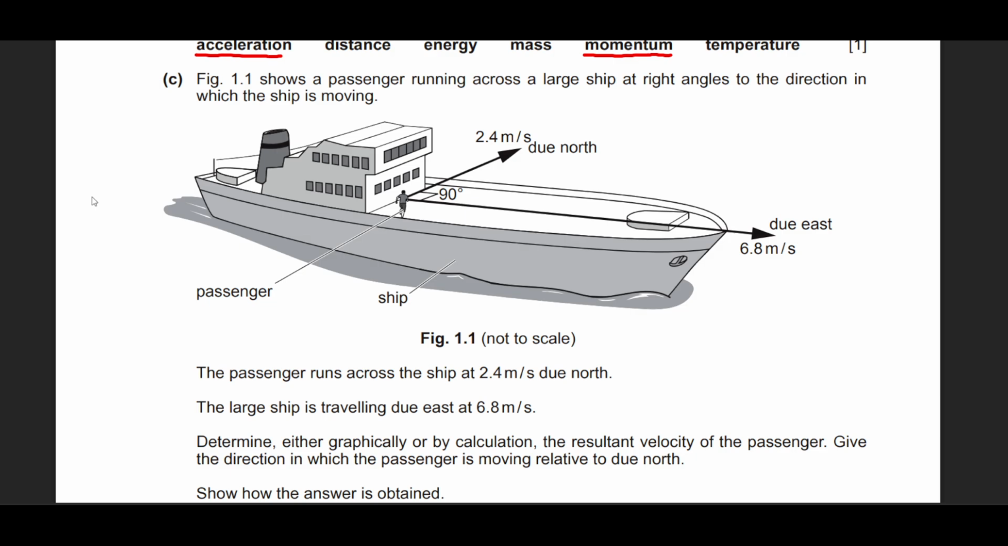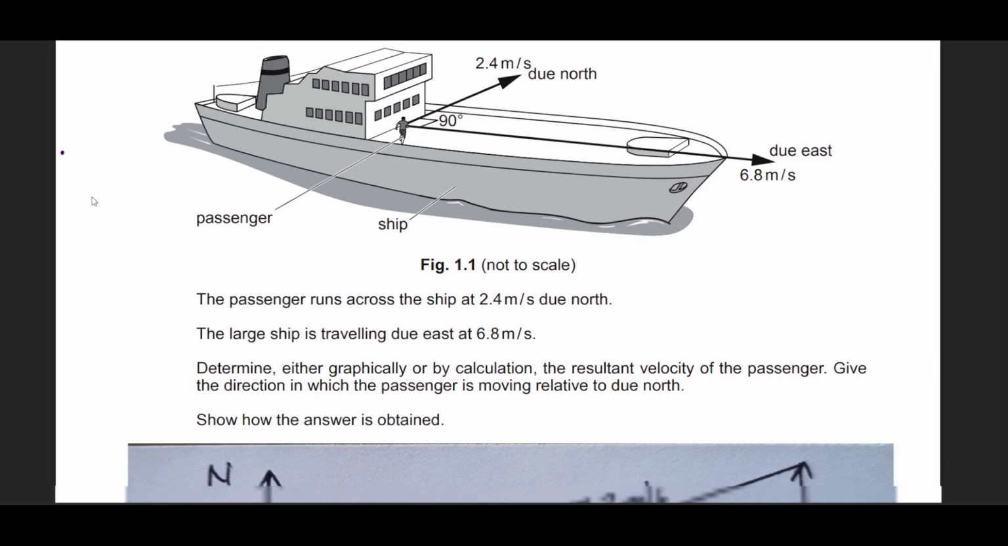Now this is the given situation. This is due north, this is due east. The ship itself is moving in this direction, but the person is running in this direction. So what does it look like to a person standing outside? It will appear that the person has covered a distance, or a displacement, in this direction because it's moving in both directions. Anyway, now he says use